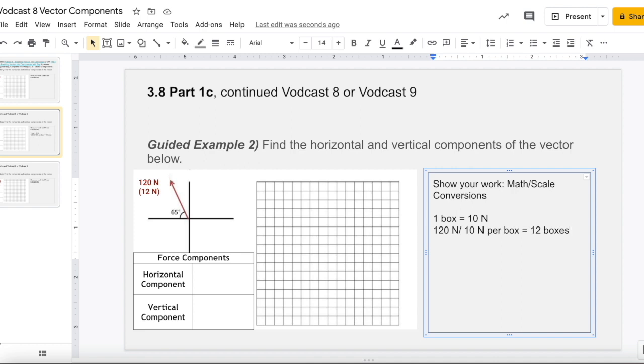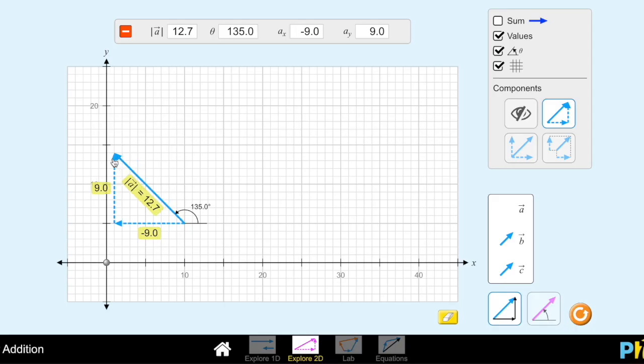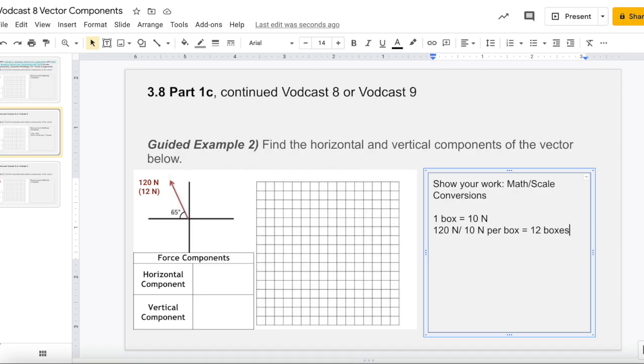Now for the direction. It was 65 degrees from the negative x-axis. So let's take a look at this. The negative x-axis is actually 180 degrees, but I don't want to go quite that far. I want to go about 65 degrees up from that. So 65 degrees less. What I'm going to do, come over here and I'm going to subtract 180 degrees minus 65 degrees gives me